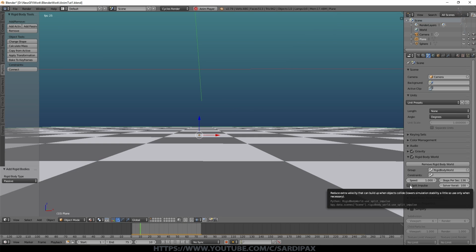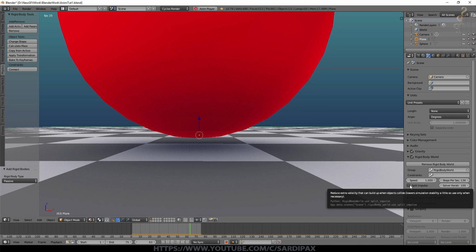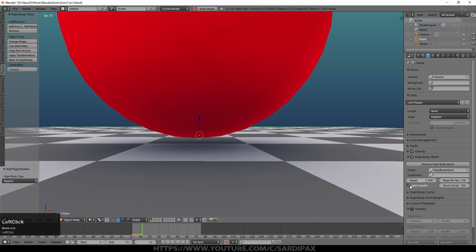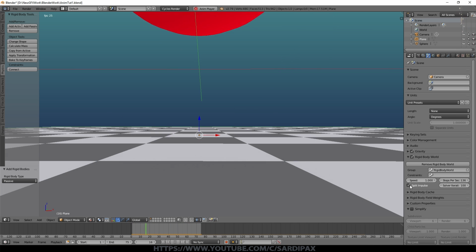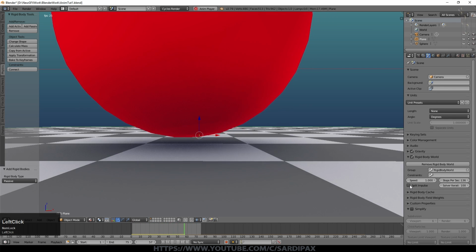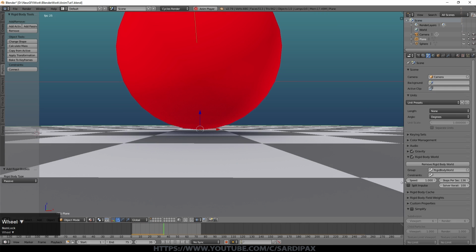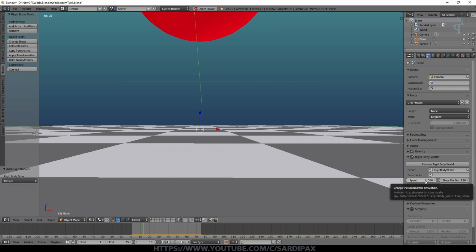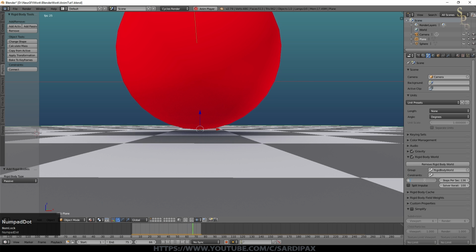I'm not entirely sure about the maths of this option, split impulse, but sometimes it can be useful when you have an unstable simulation. So you just click that and Blender will alter the way it does its calculations in order to hopefully remove a problem, but you normally don't need to use that. And the speed is obviously the speed that the simulation is running at, so 1 is, if you like, real time. We could set this to 0.5 and you see it's almost as if it's in slow motion, or 2, and it will obviously be running more quickly.